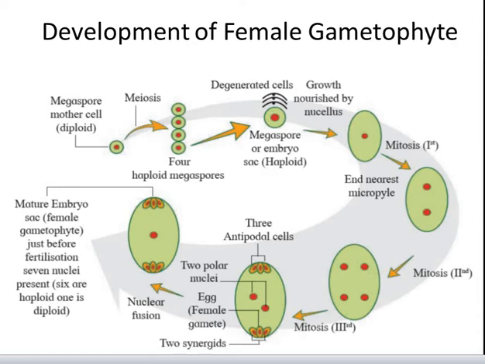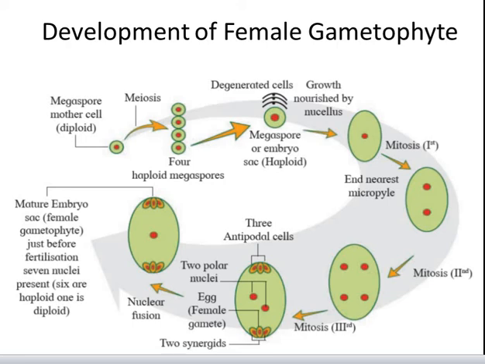Megaspore mother cells become distinguished in the nucellus, more or less in the center but toward the micropylar end of the ovule. The megaspore mother cell undergoes meiosis to form a linear tetrad of haploid cells, that is megaspores. The upper three megaspores disintegrate or abort and the lowest one toward the center of the nucellus remains functional. This acts as the first cell of the female gametophyte. Generally, one megaspore toward the center is the functional megaspore.